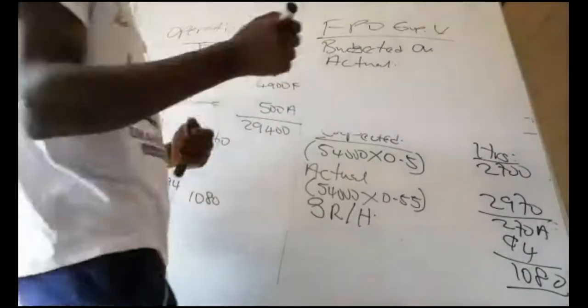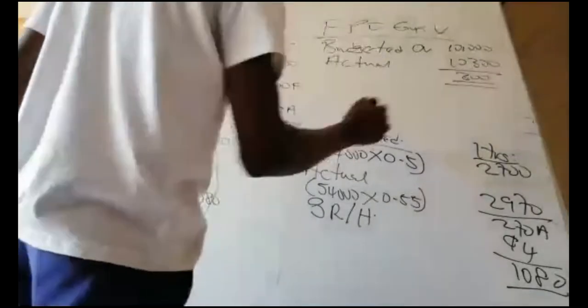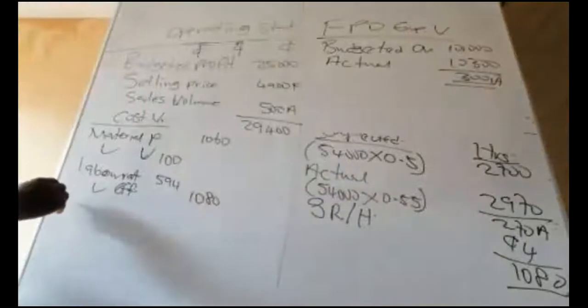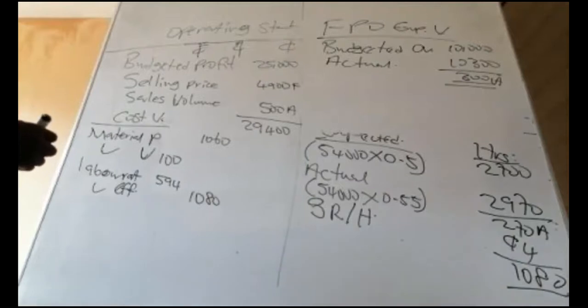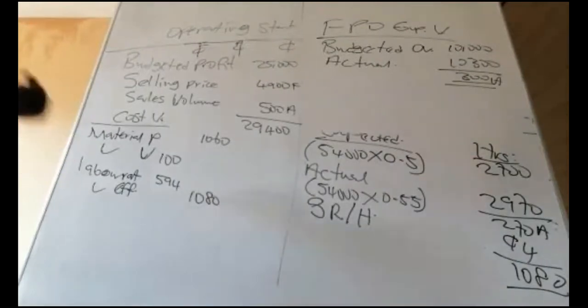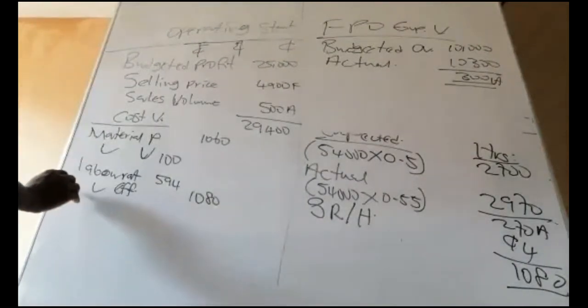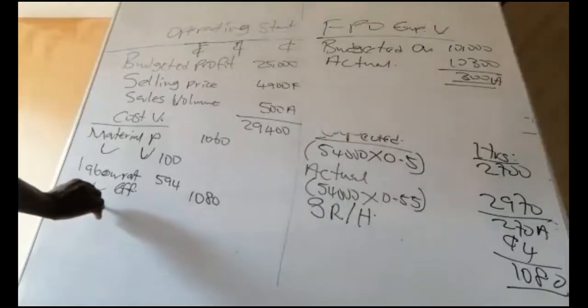The budgeted is 10,000. Actual is 10,300. Variance of 300. Good. And here is adverse, straight up. So we come here and say that the budgeted overheads, in fact, budgeted,